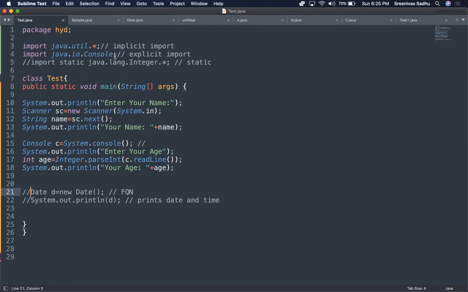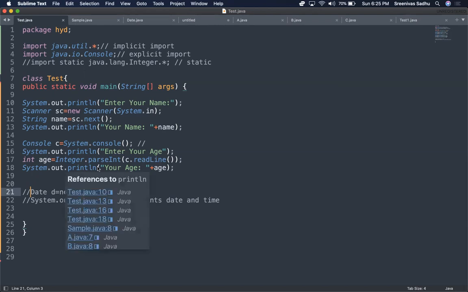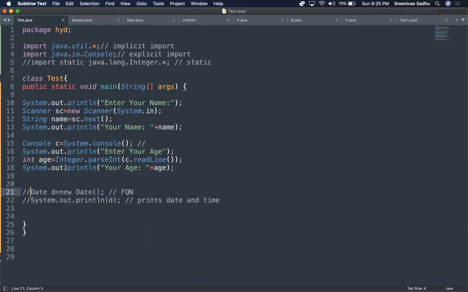Then by using the Console class explicit import, I'm reading the age. When you read the age through the readLine method, since Console has a readLine method, everything will be read in string form. So you need to convert it back to integer. For that you have Integer.parseInt. parseInt is a static method of the Integer class.